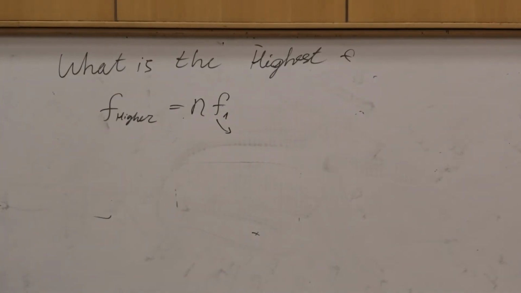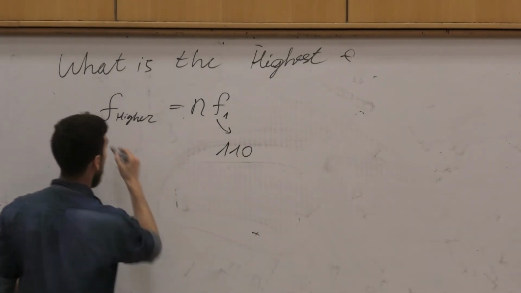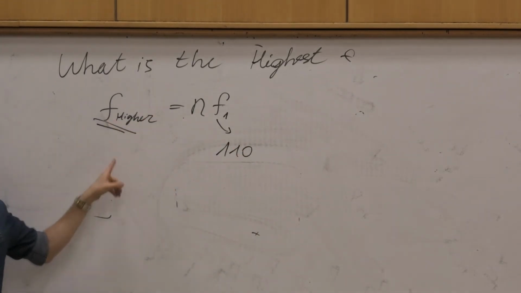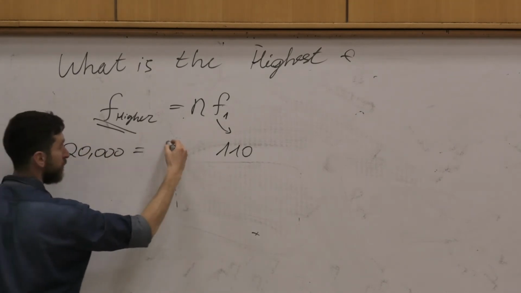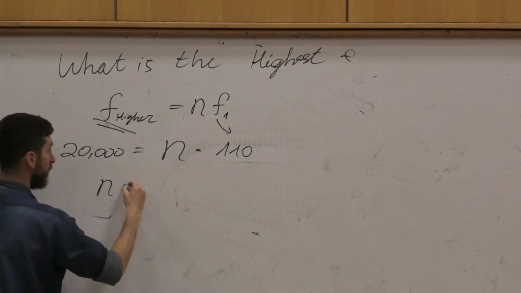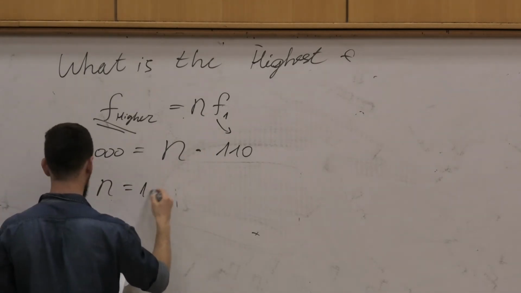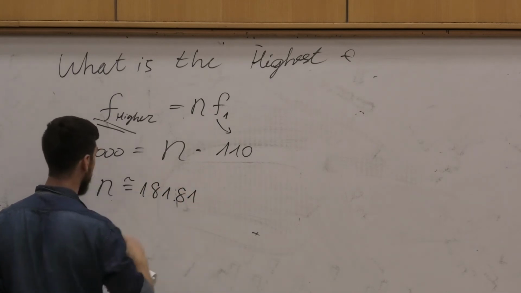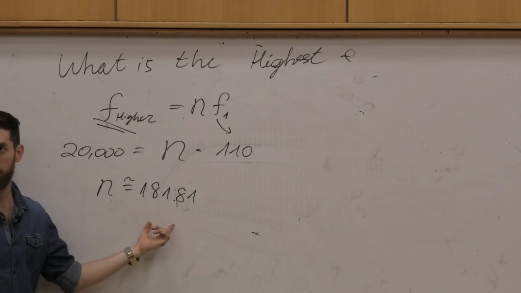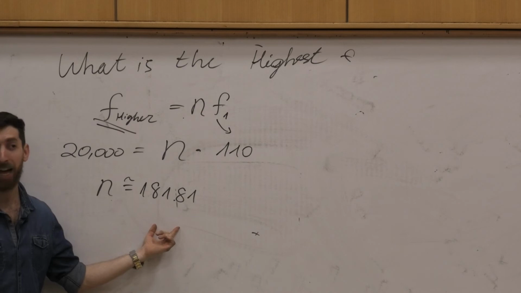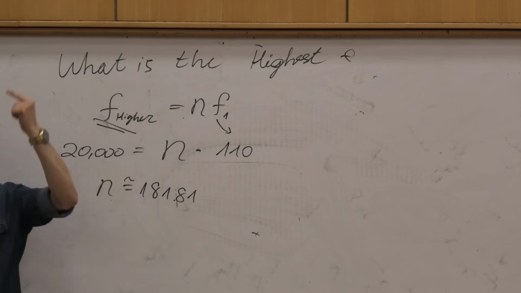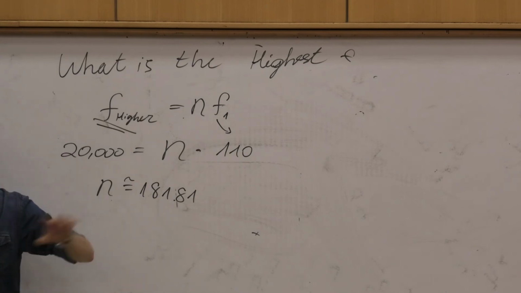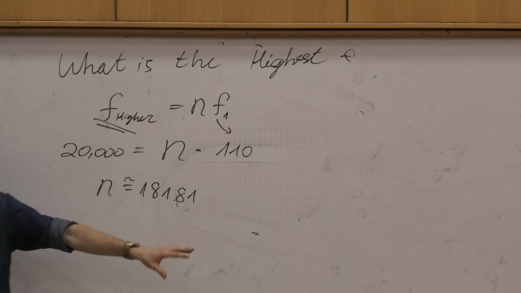So this fundamental, I know it to be 110. And this one, we just said, we want to see what is the highest frequency we can hear. Now we need to find this n. And this n turned out to be 1.1018, and this is a valid result. What is n? n is the number of the antinodes, right? Be careful, okay? Antinode, sorry, is the point that moves the most, and nodes are the points that are not moving, okay?